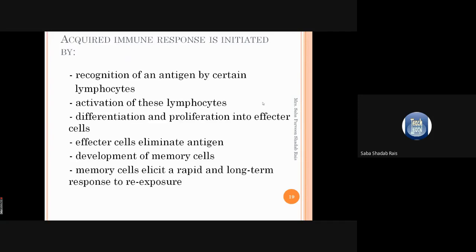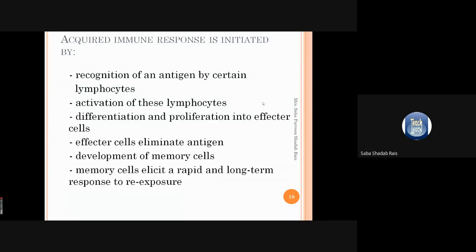So how will the body switch to the acquired immune system? It switches by recognition of the antigen by lymphocytes, which check whether this antigen is new or a re-exposure. If it finds that this is something new, it activates the lymphocyte, but directly